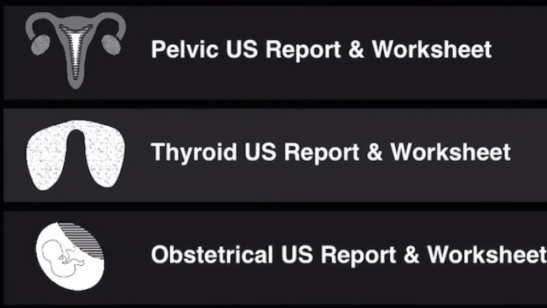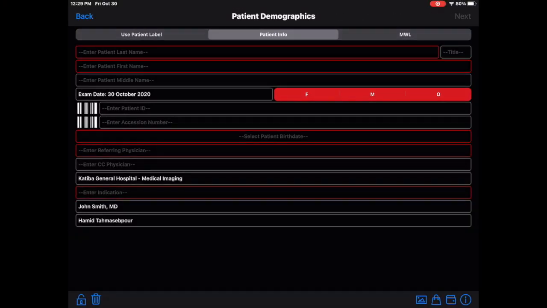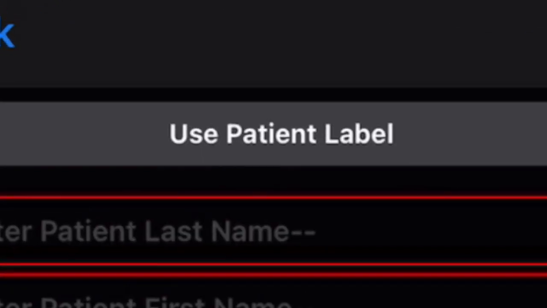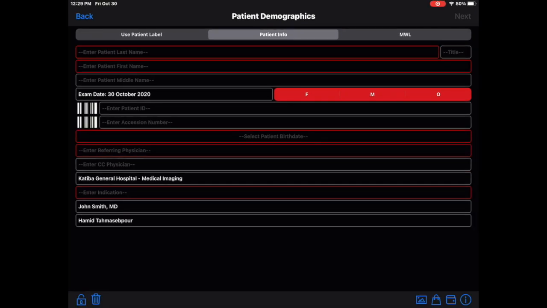Select Thyroid Ultrasound Report and Worksheet. Enter patient demographics. All fields with red borders should be completed. You can enter the information manually, or capture the patient label, or use modality work list to populate demographics automatically. To learn how to replace patient demographics with a patient label, watch tutorial number 7, How to add patient label